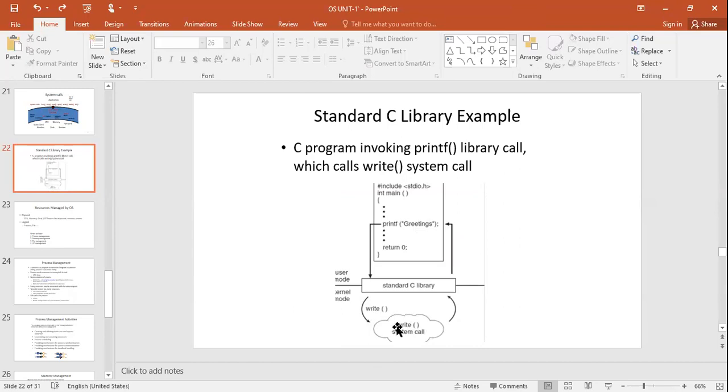So the process will be different. Similarly, if you want to print this content on the printer, it needs to communicate with another device which is connected to the system, and then it processes in a different way. So according to the instruction, it is executed, and finally it returns the result.